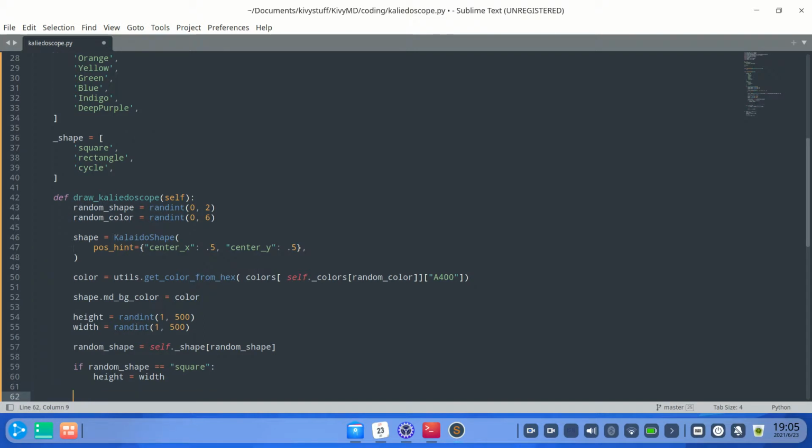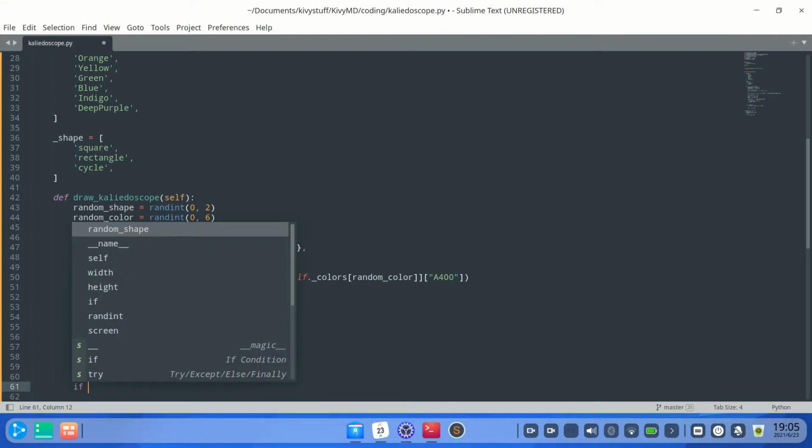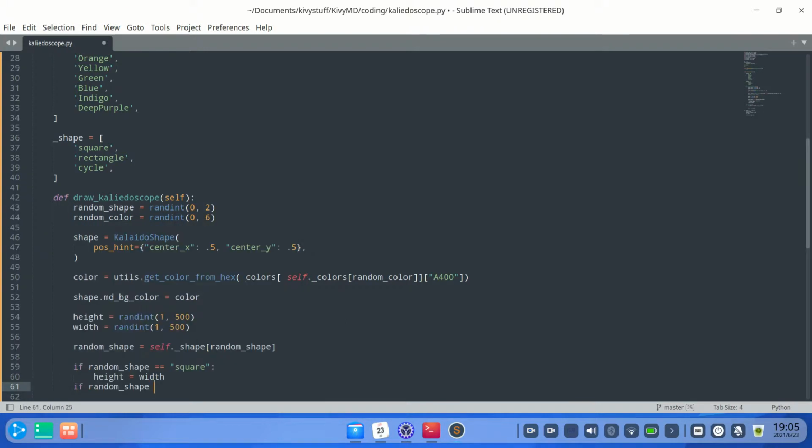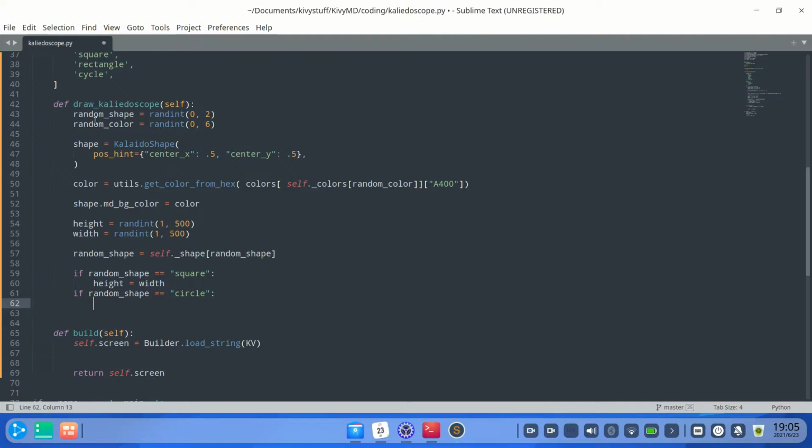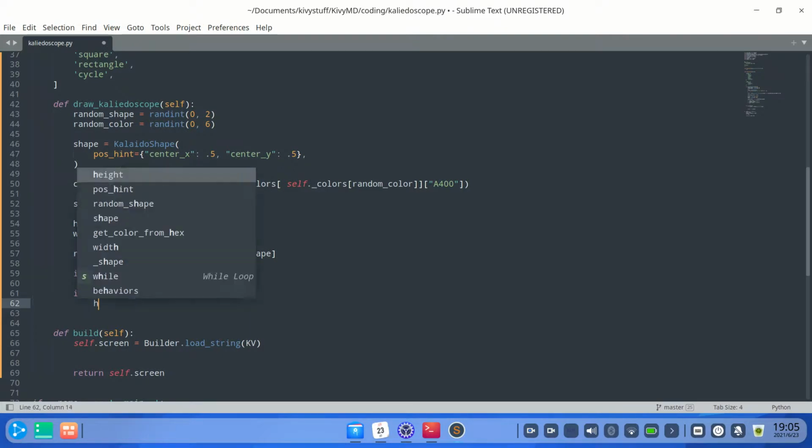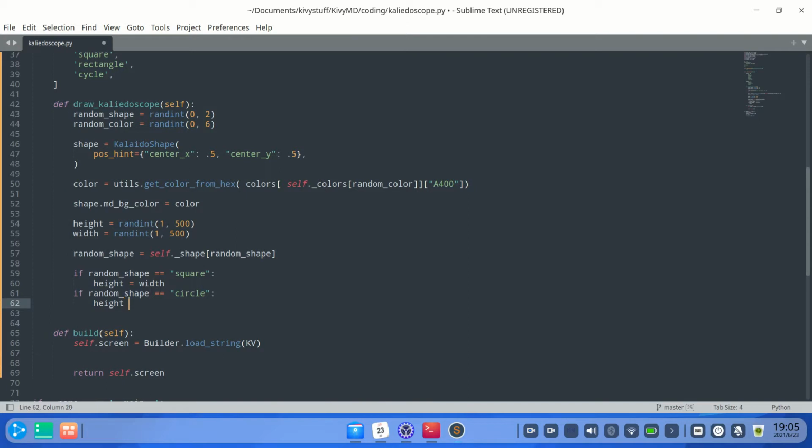That's all we need to do. So in this case we'll draw a square. If random shape equals to circle, so I'm going to manipulate the corners, the top left, top right, bottom left, bottom right. Make the radius 180. That will make sure that we have a circle, and we have to again make sure the height equals to the width,